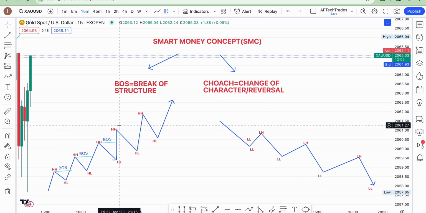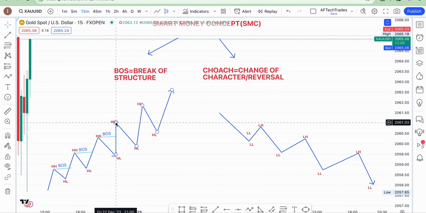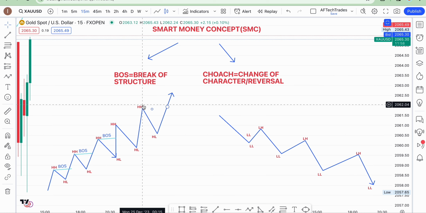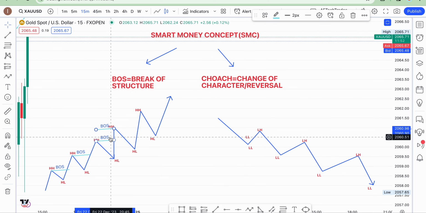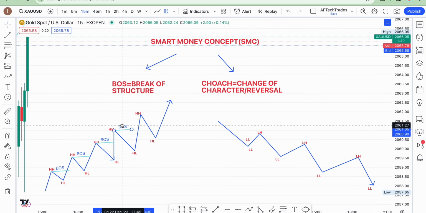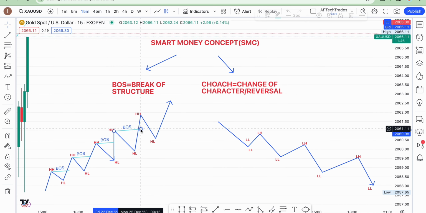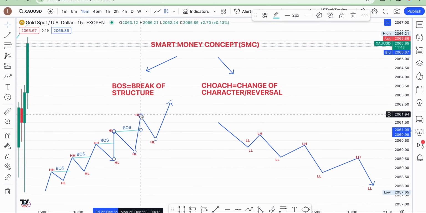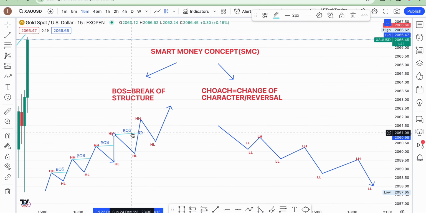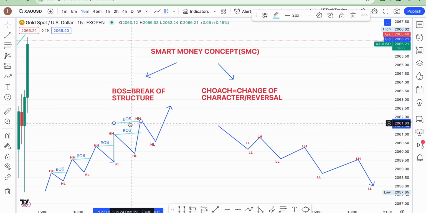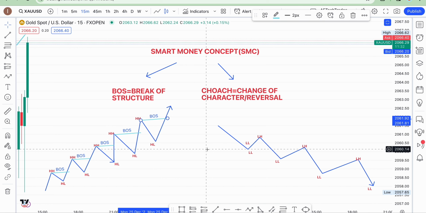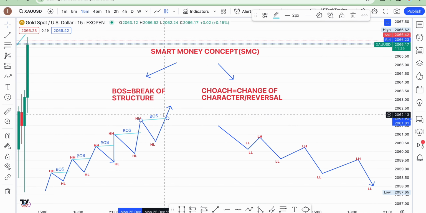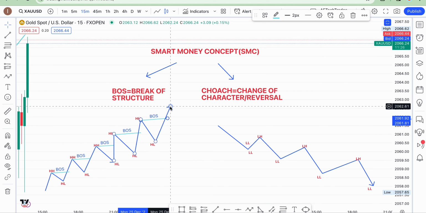You see here, if I want to say the next break of structure is here, it's because this breaks above here. So let me just copy it and put it there for you to see. There's a break of structure here, right? There's another break of structure here. It forms mostly in a trending market. So if, for example, we want to tag this next one another break of structure, it will come this way.